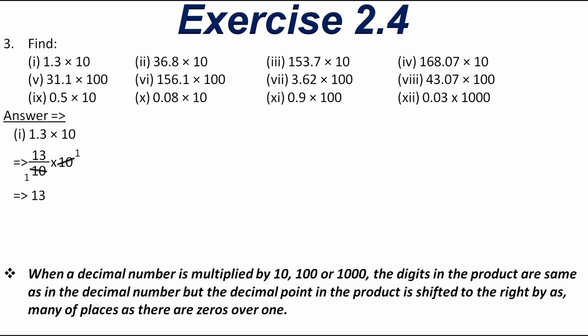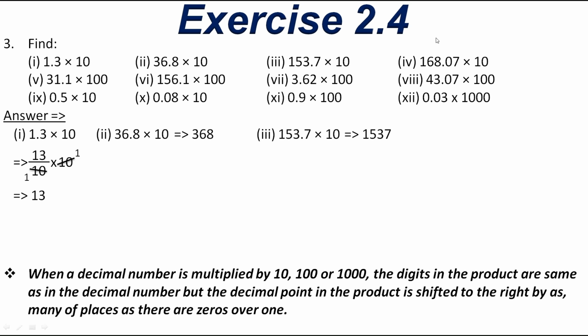So let's solve the second one. Now you will understand. See, 36.8 is there and it got multiplied with 10. So here we have 1 zero. So the decimal point will get shifted by 1 digit. So the answer will become 368. Understood? The question was 36.8 and the answer is 368. Now in third one we have 153.7 and it got multiplied with 10, which is having only 1 zero. So the decimal point will move towards right by 1 digit. So the answer will become